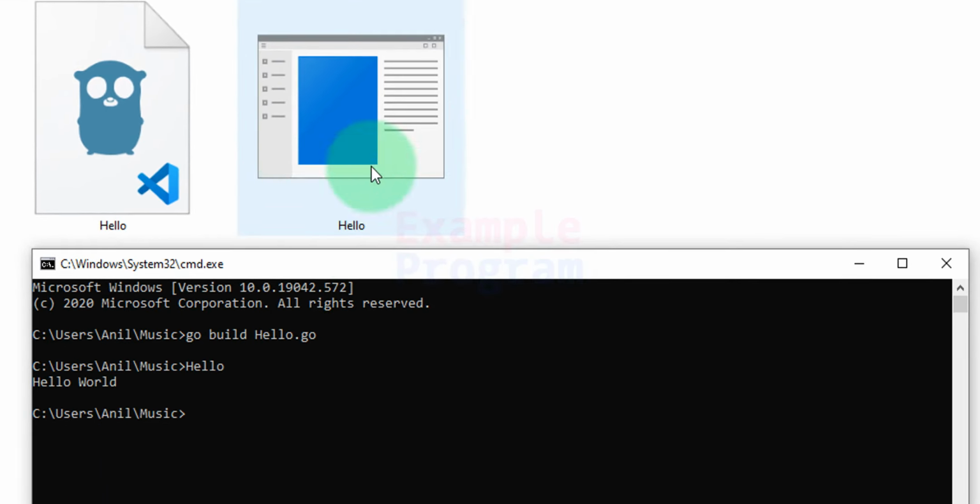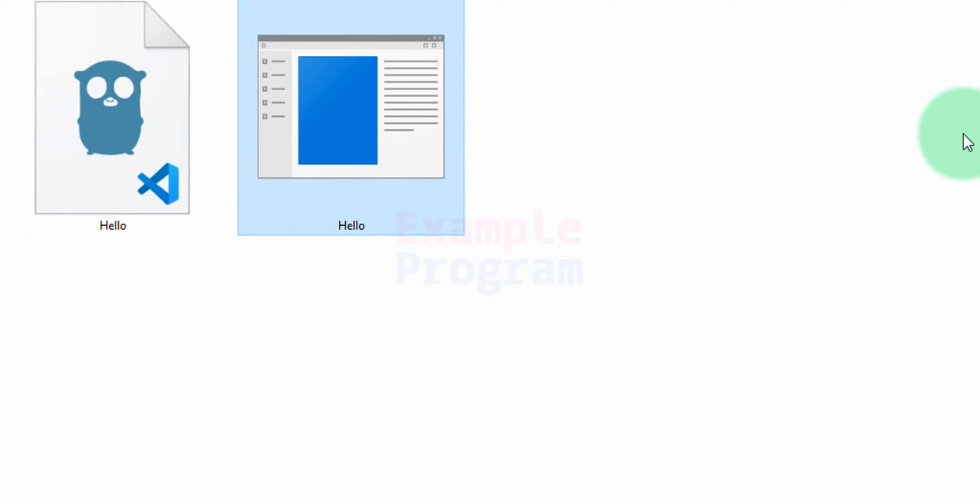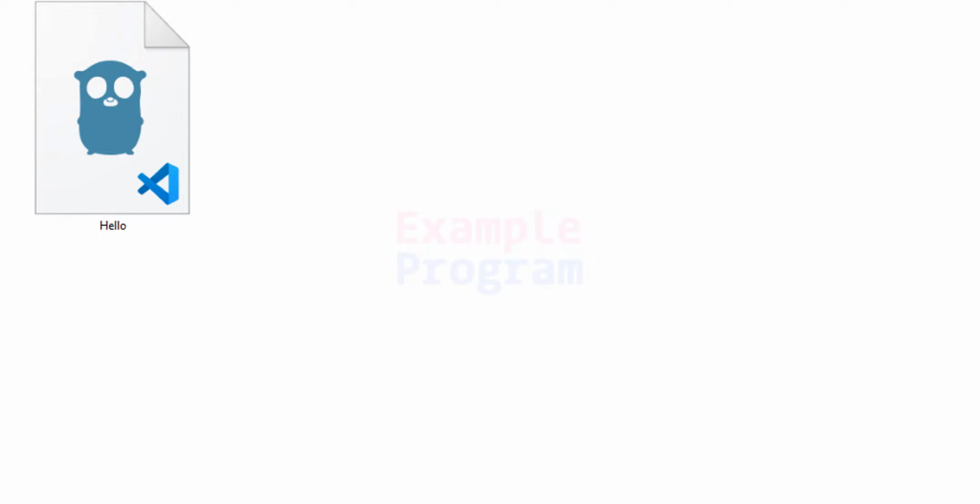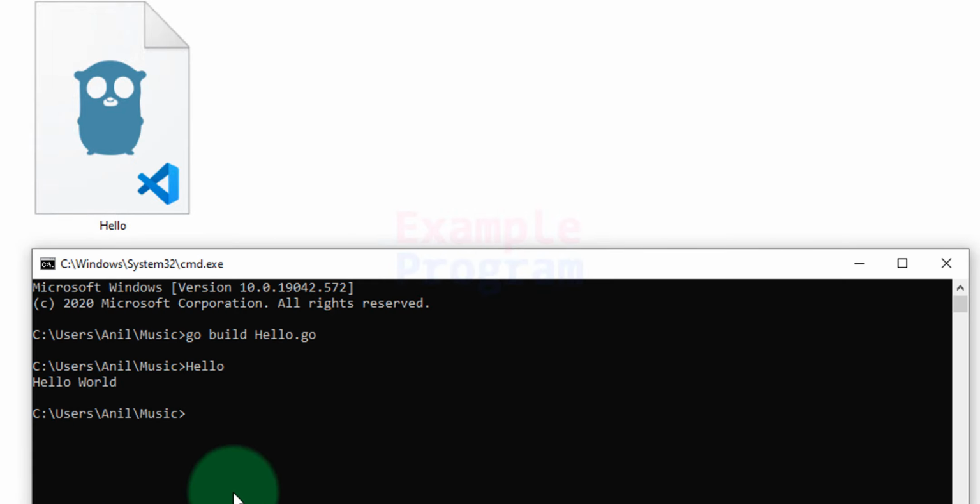If you want to give a new name for the executable file created, then you can do that. To explain that, I'm going to delete the executable file, and then here we will type in go space build space -o, after that another space, and we can give the name for the executable file. For example, I can say application.exe.